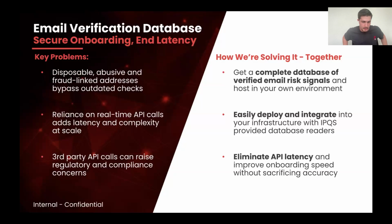Okay, cool. This is, I think, my favorite product release from the first quarter, because like Dennis said, we've never seen this on the market. I've never seen a sort of flat file email verification database. It's always conventionally been verification over the API, and you give us an email, you have to wait maybe 350 milliseconds to 2 seconds or greater, depending on the mail server. And so we can really cut that latency out,